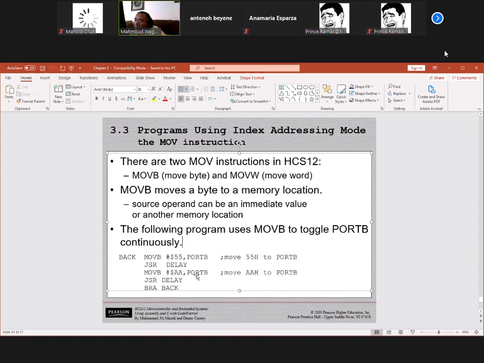The toggling is done here. This instruction toggles actually. If you go from move 55 to move AA, that's a toggling itself. But you need to give some time for the light emitting diode to be in a specific situation before you go to the next one, before you go to the opposite. Because all the bits that were on are going to be off, and all the bits that were off are going to be on. So you need to give a chance for it to